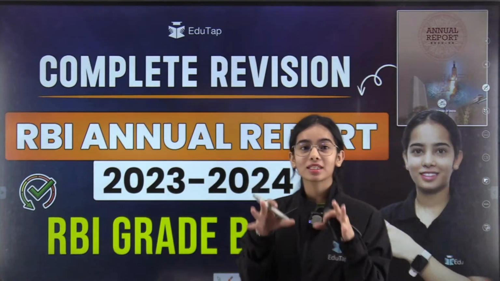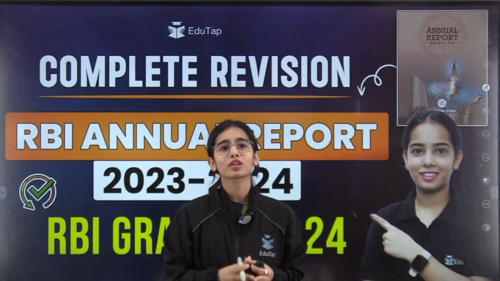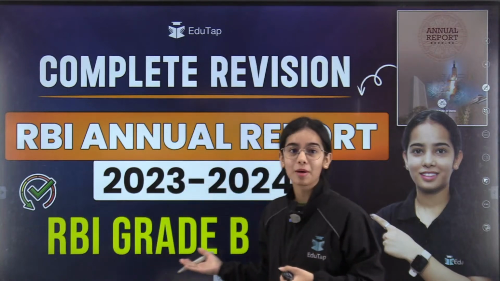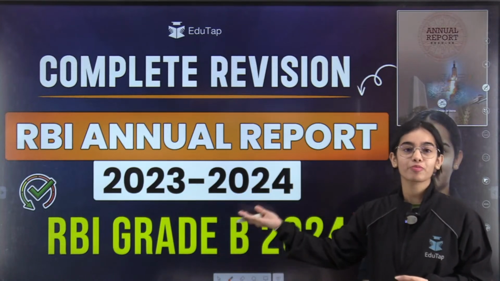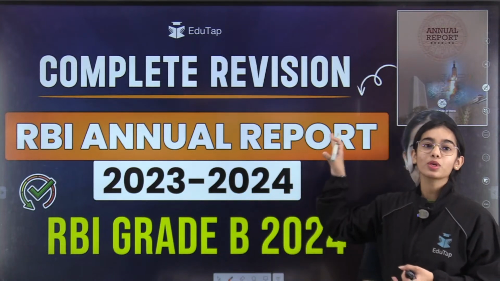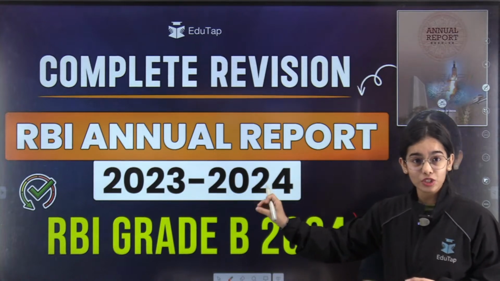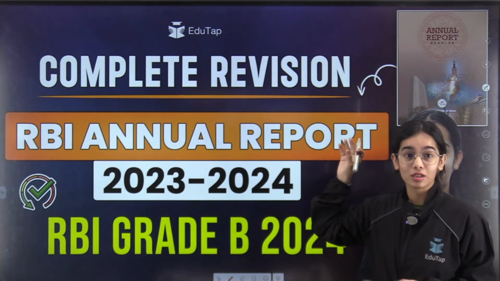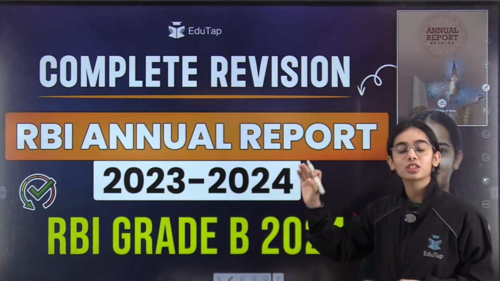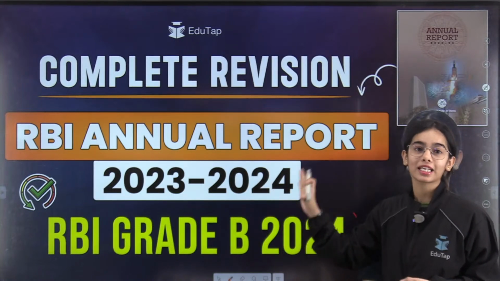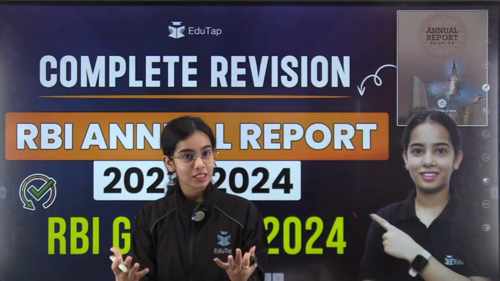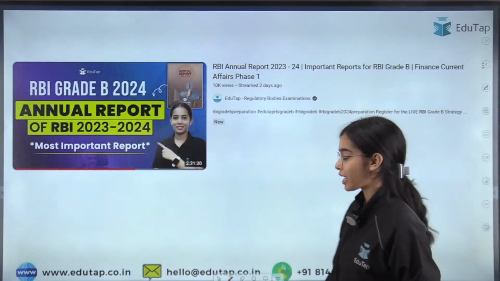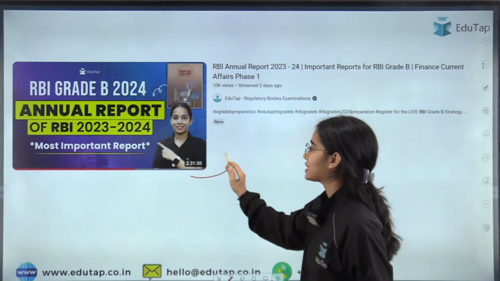As you know, the RBI Annual Report is very important for the RBI Grade B examination, be it the objective questions or the descriptive part of the examination. The annual report is very important for the Phase 2 previous year and for the Phase 1 previous year. In both the phases, questions have been seen directly from the annual report. So the annual report is very important from the examination perspective, and that's why I have taken a complete session on